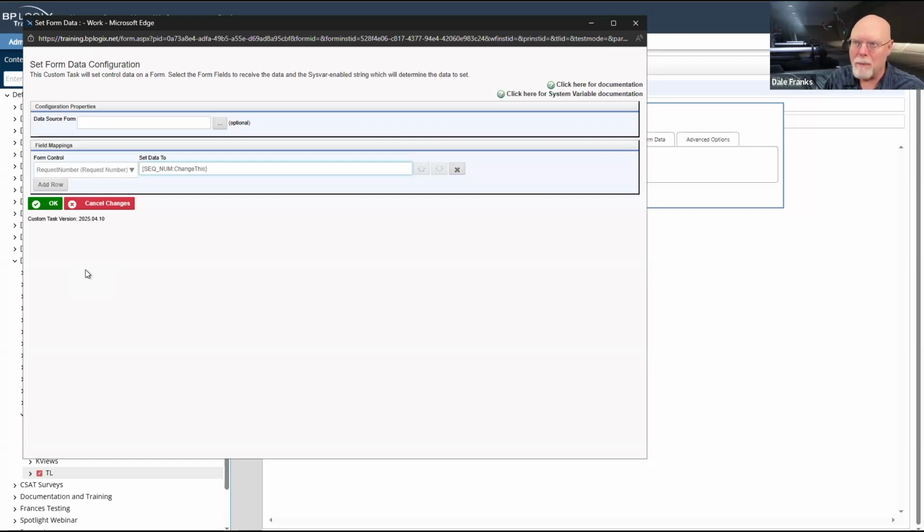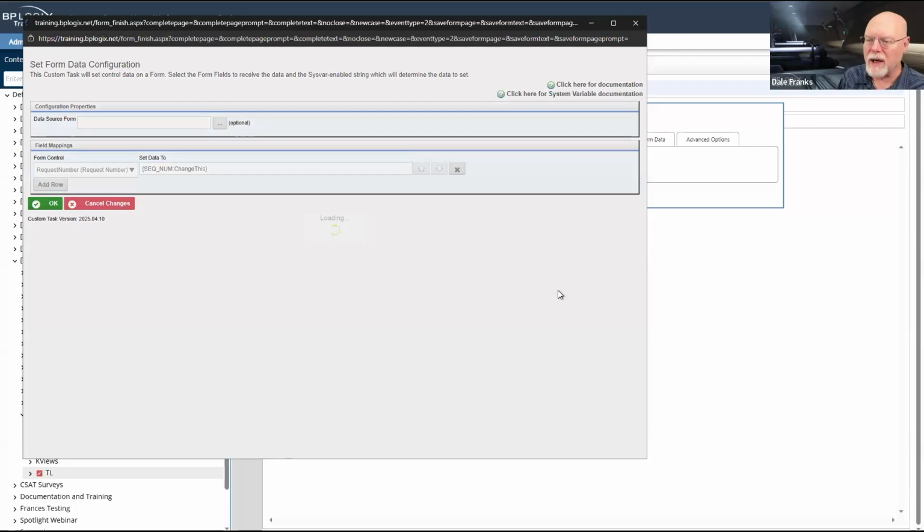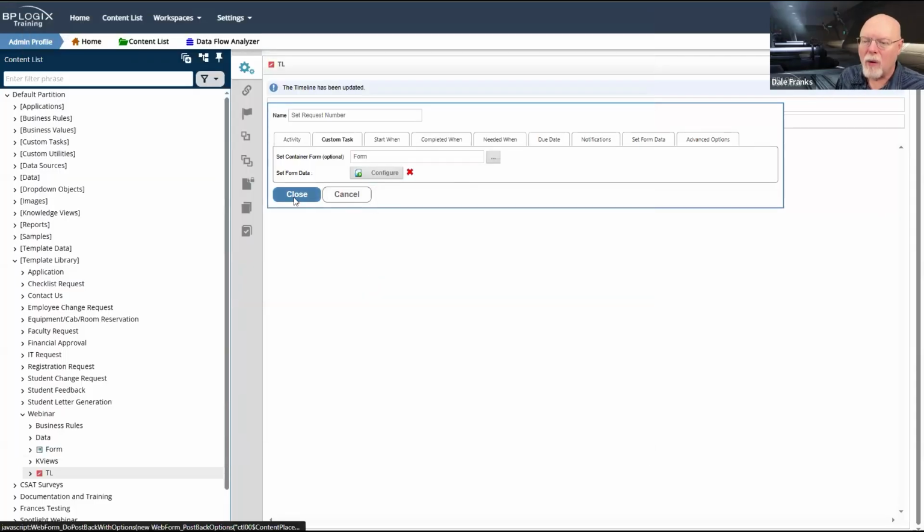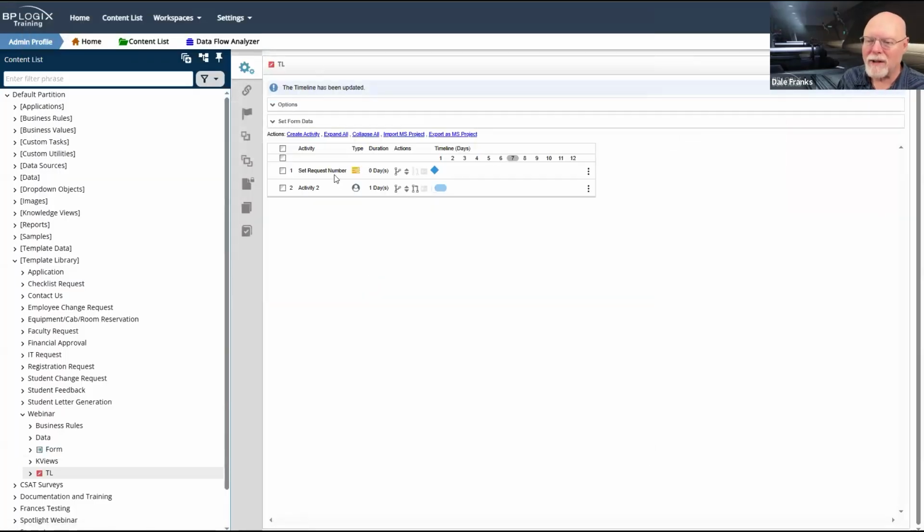So if it was like a purchase request that I submitted right now, it would be PR95 dash and then a 4 or 5 digit sequence number that will just run sequentially as these new application forms are submitted and they kick off our process. So that's the first thing I'm going to do. We'll close that. I've got my set request number.